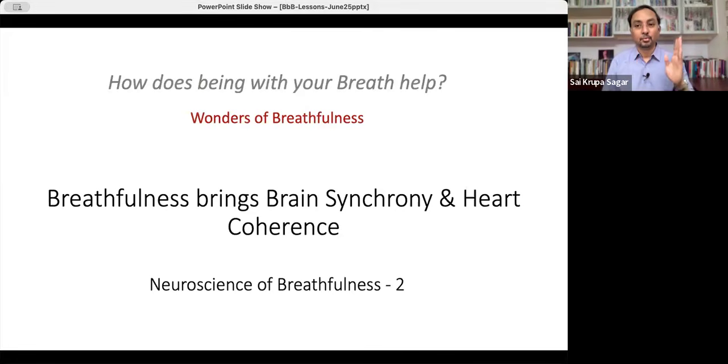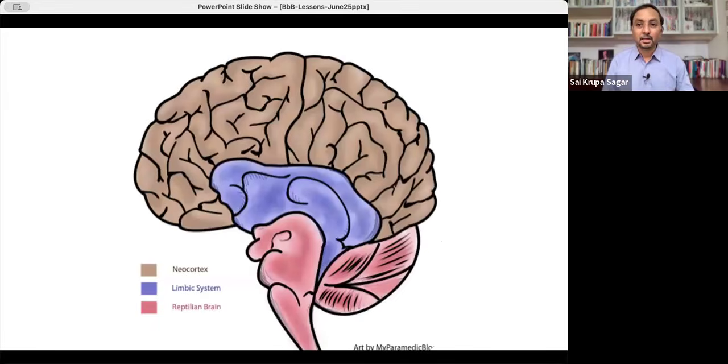Some of the benefits that we spoke of yesterday happen because when you are with your breath, you're activating your parasympathetic nervous system, your rest and digest. The right neurochemicals flow through your body, and you are allowing your body to heal naturally by using the right hormones, right proteins. The second thing that happens is changes in our brain,